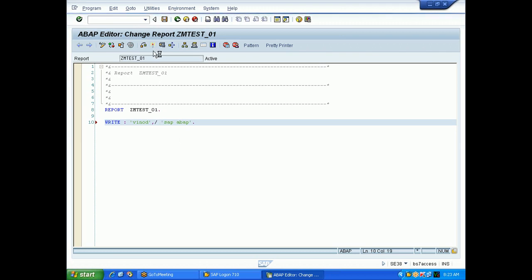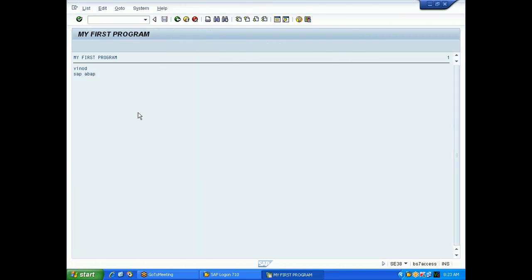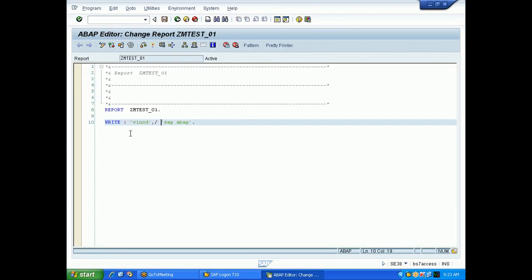So now I will save, check, activate this program and execute. Because I have given a slash, it went down. So slash is a new line character. Then the next one, I want to give color to SAP ABAP. The keyword is COLOR.